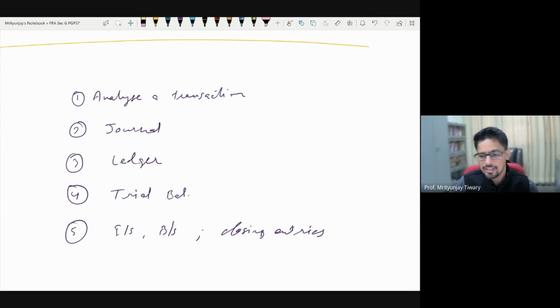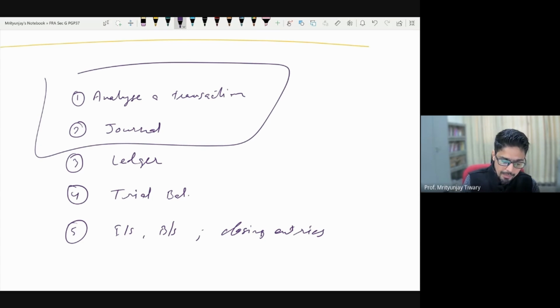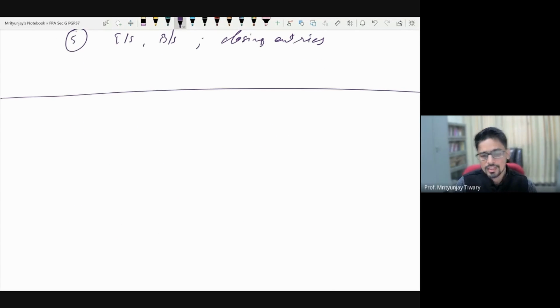In the beginning, highly likely in the entire duration of the class today, we will be talking about steps number 1 and 2 together. So let us get started with how you analyze a transaction and how you pass something which is called a journal entry. Then maybe tomorrow we will go to steps number 3, 4, and 5. Now, as we discussed with the accounting equation, I'm going to follow exactly the same method today. We will imagine different types of examples, and via those examples, I will illustrate how analyzing a transaction and passing a journal entry works.